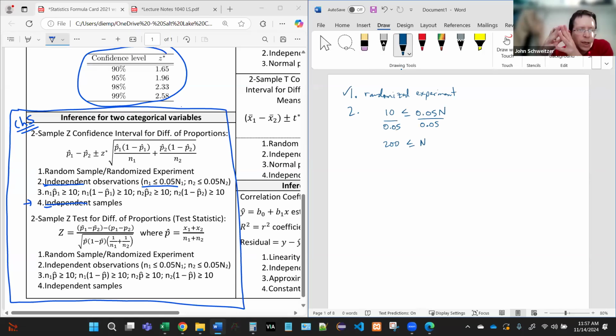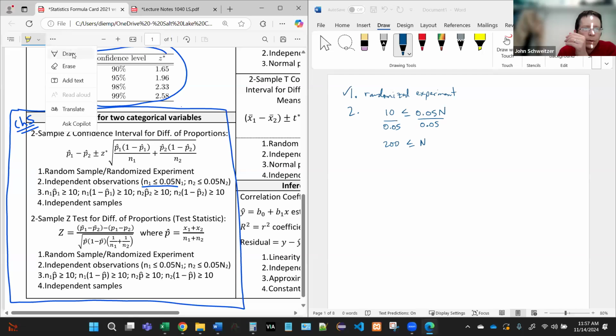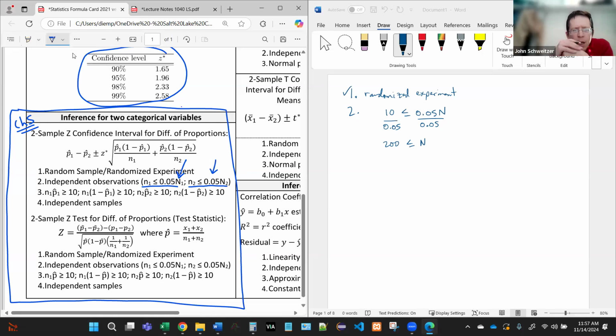Yeah, absolutely. Now, why does it have two of these? Sorry, I'm looking at the wrong thing. Why does it have this thing written twice here? Well, because there's two samples, right? So this would be for the penguins without the metal band. This would be for the penguins with the metal band. But because both of the sample sizes are 10, the calculations are identical. So I only have to do that once. If we did it again, it would be the same exact number, right? So we don't have to do that twice here.